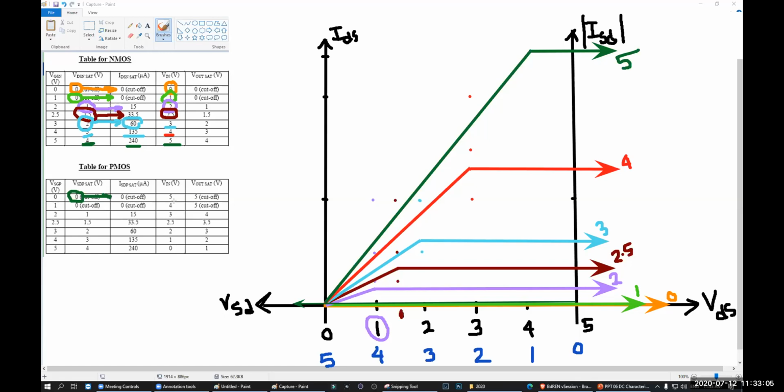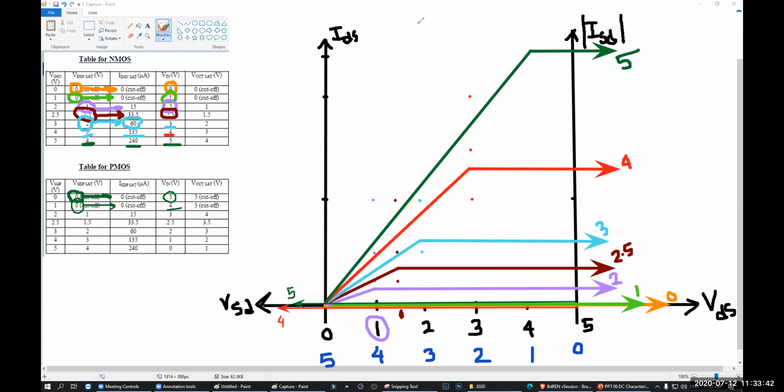Okay, let's write the input as well with it. This is 5. For another 0, our current is also 0, but for that our input is 4. So I'm going to use red color. I'm going to use an arrow. This is 0, right? Same, 0. Now what about our input now? Our input is 4. I'm going to write it 4.